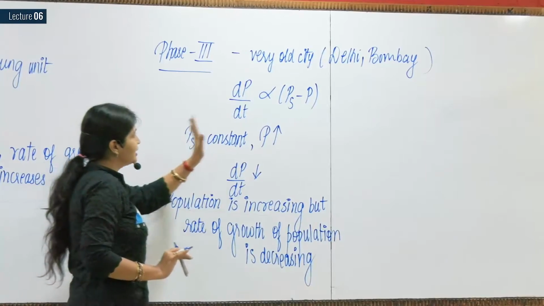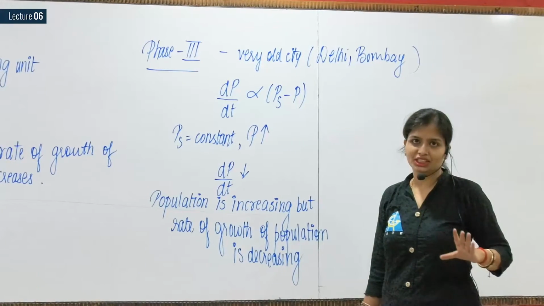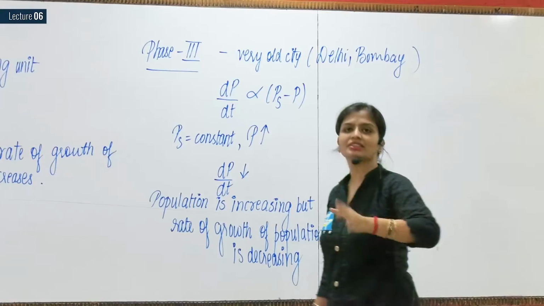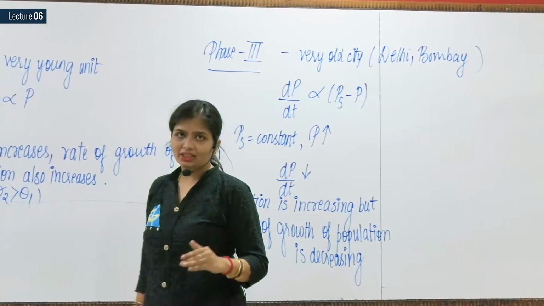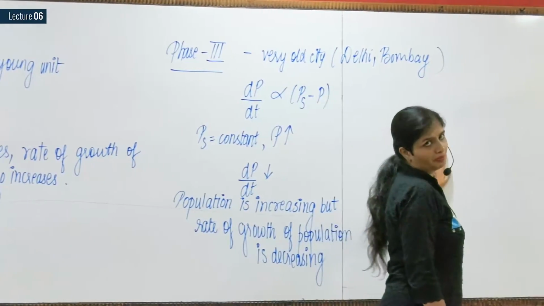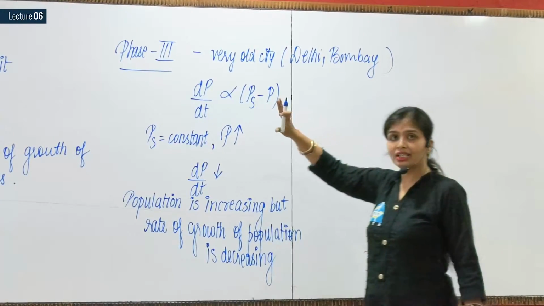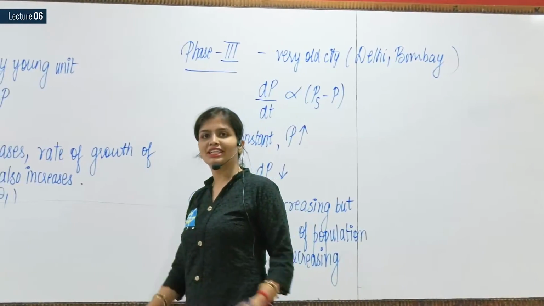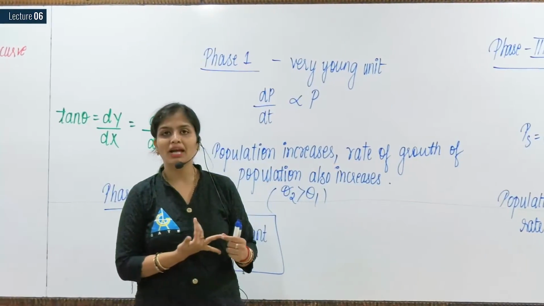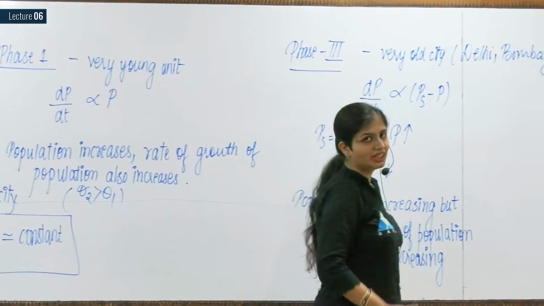The reason for this is that these cities are almost at the saturation level. We are discussing this as a theoretical concept, but in practice it has surpassed the saturation level also. On a theoretical basis, the population is increasing, and it is already almost on the verge of reaching saturation level. That means the demand is more, but the supply is less, and that is the reason the cost of every commodity is increasing.